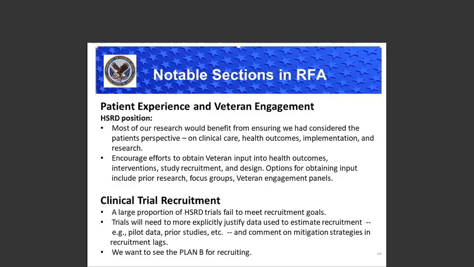One of our projects' largest problems is with clinical trial recruitment, and this is frequently an issue. So when you are designing a trial, please consider your study population carefully and your calculations. Carefully explain how you derive your estimates. Check on competing studies for that population at the sites that you are intending, and propose some mitigation strategies if there are recruitment lags. Regardless, we want to see a Plan B for recruiting. Next slide, please.